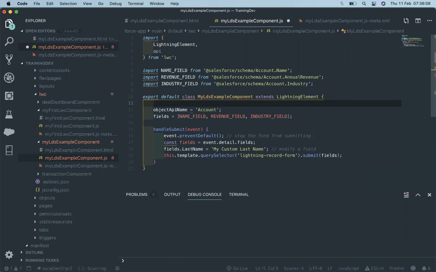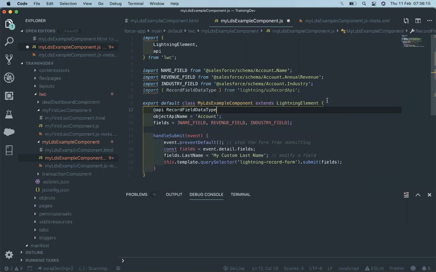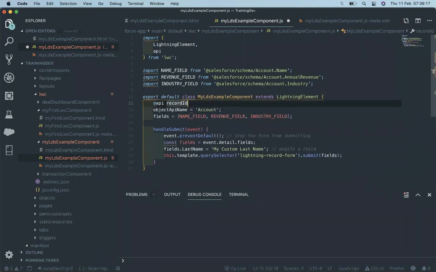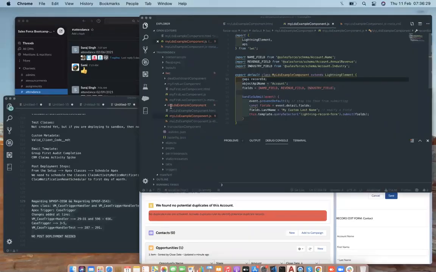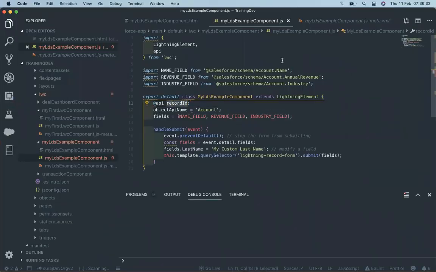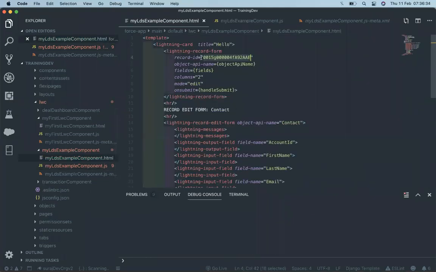So what you have to do is just write @API recordId. It will automatically get the record ID whenever we bind our component to any object. If we bind our component, it automatically gets the current record ID in the recordId variable. I just need to use this recordId variable here, so it will become dynamic.